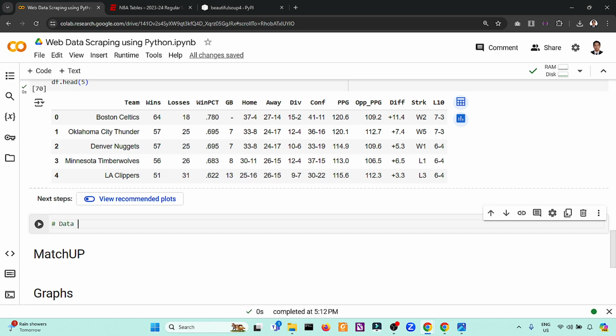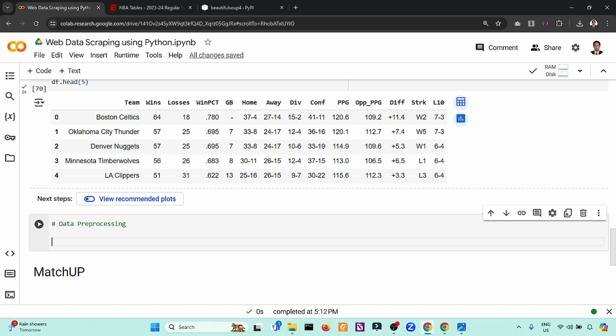So data pre-processing, because I'm interested in visualizing this one. I will define a function named split with delimiter. It will accept specific data and a delimiter.